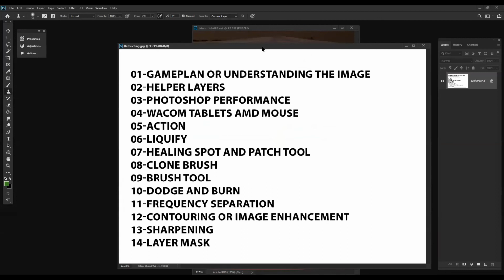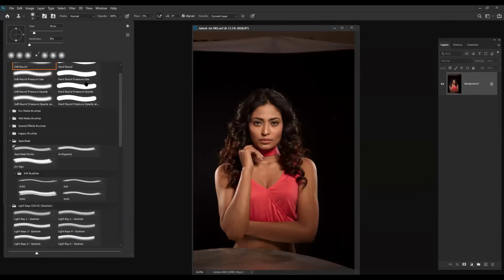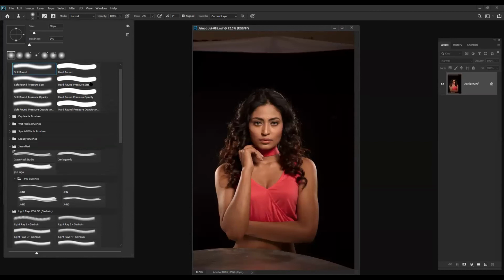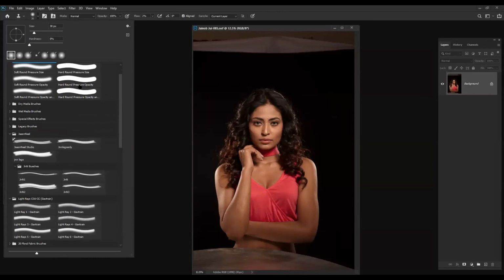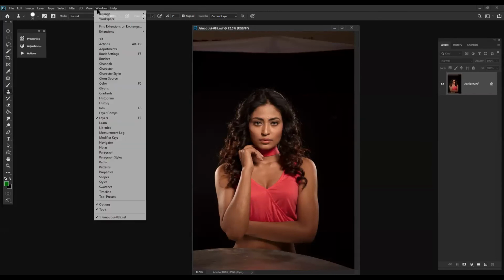So next we come down to the brush tool. The brush tool is simply using brushes for various purposes, from the soft brush to the hardness. Now let me show one brush. I have selected one brush. Again, I go to the brush settings.